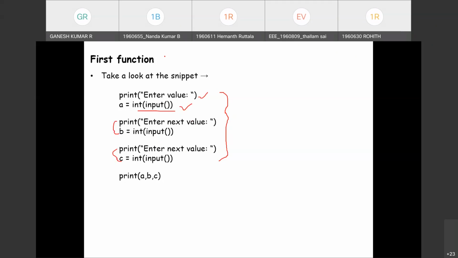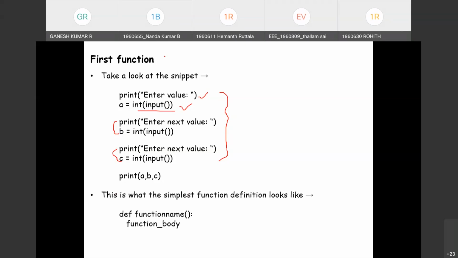Got it? Which will result in fewer statements, and when the instructions are fewer, obviously the execution time will also be less. Fine. So this complete repeated set of instructions could be replaced by having a function.